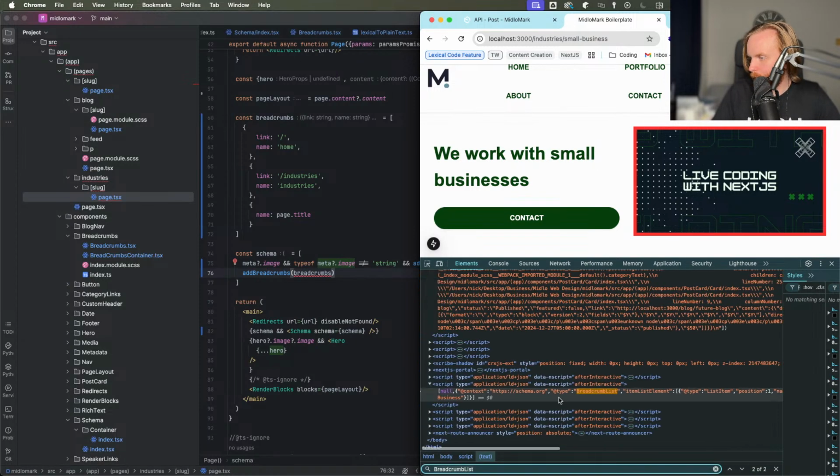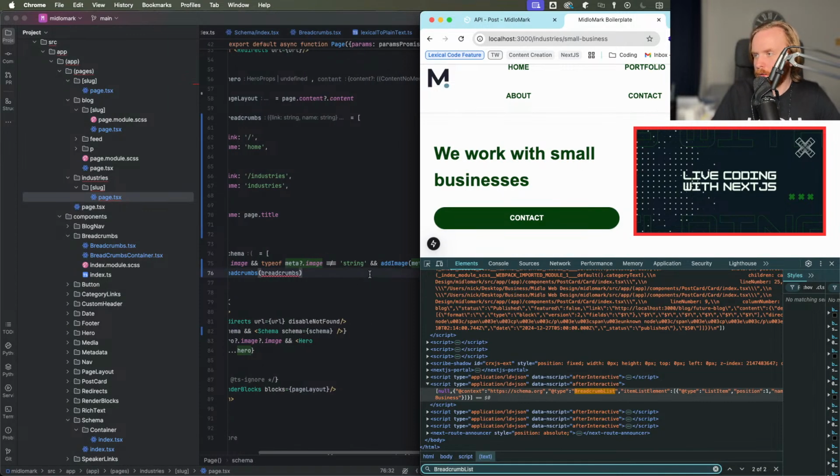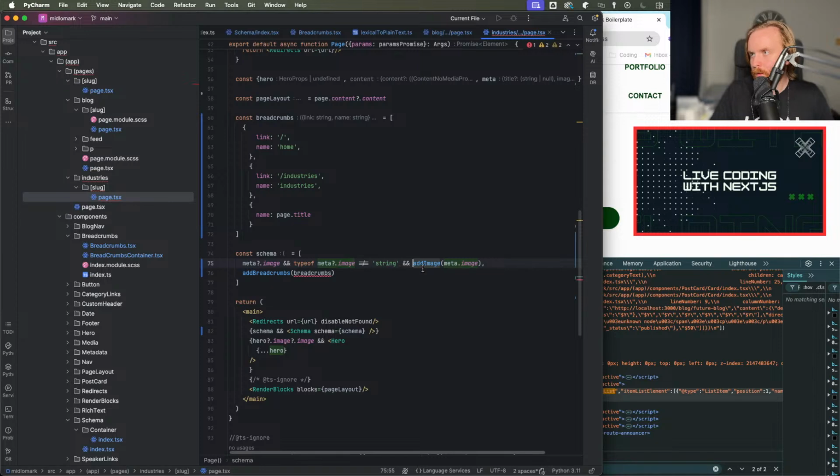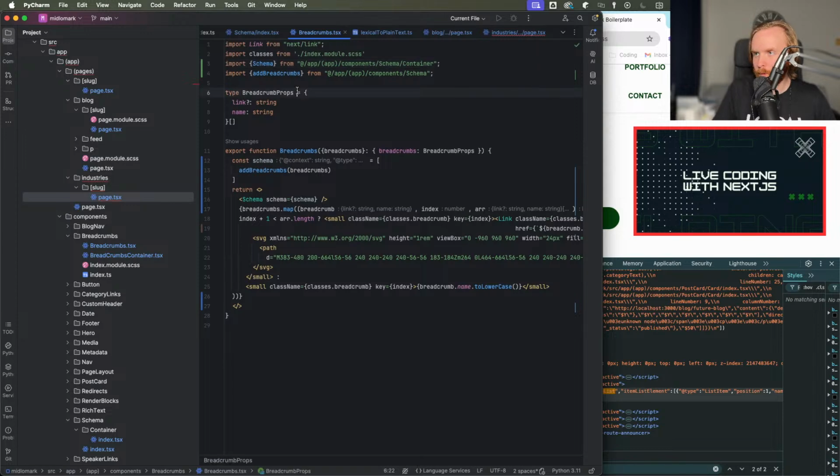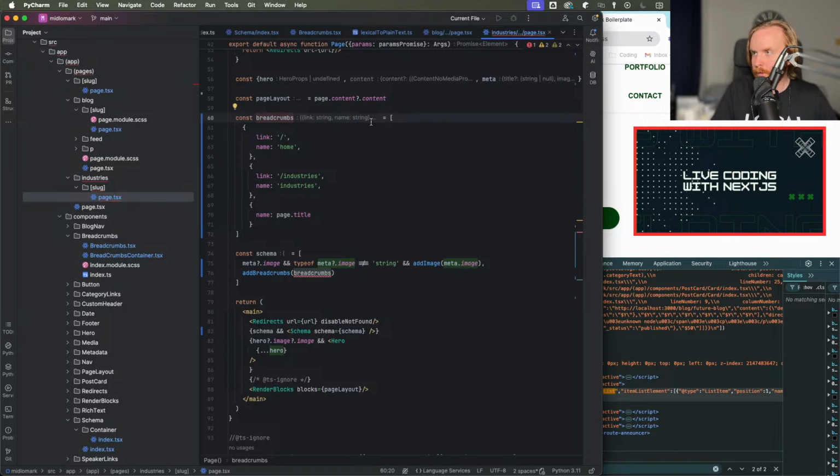We have a null, so we need to fix. Oh, and that's in the add image. All right, we'll figure that out here in just one moment. So this is working, but I think I need to add in, let's export this type just to make sure it works. So then we'll do, all right, yeah,